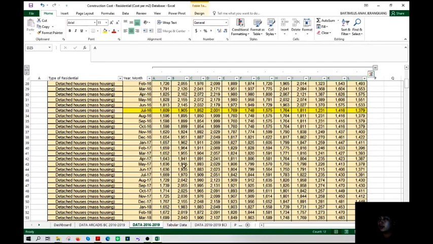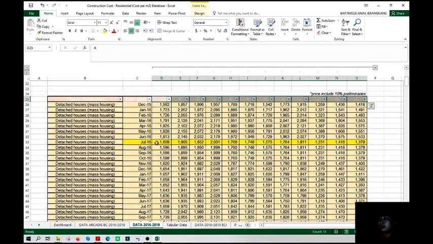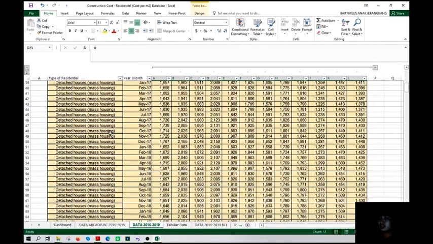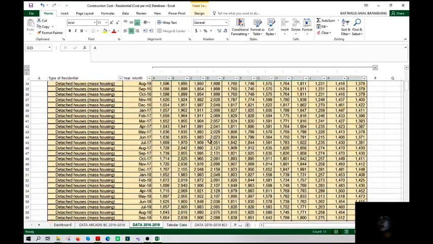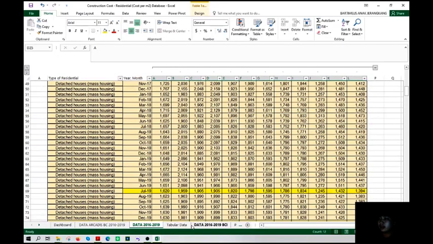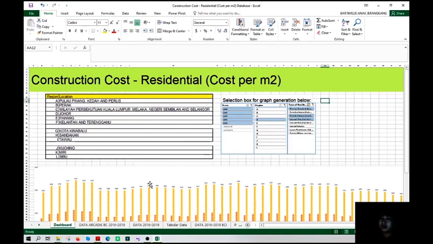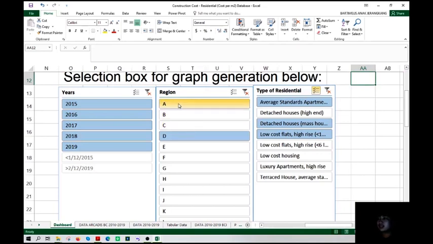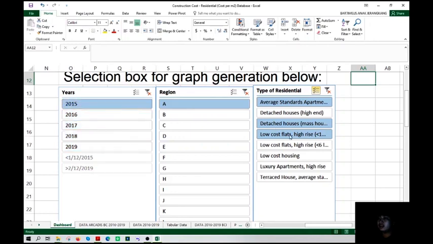So we transfer the data into July 2016 and July 2019 for each type of residential according to the region. And then after the transfer of the data, we can generate the graph. We can generate the graph with the slicer here, where we can see from the region